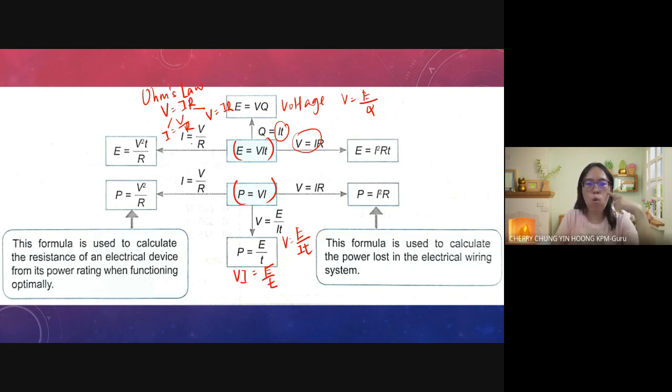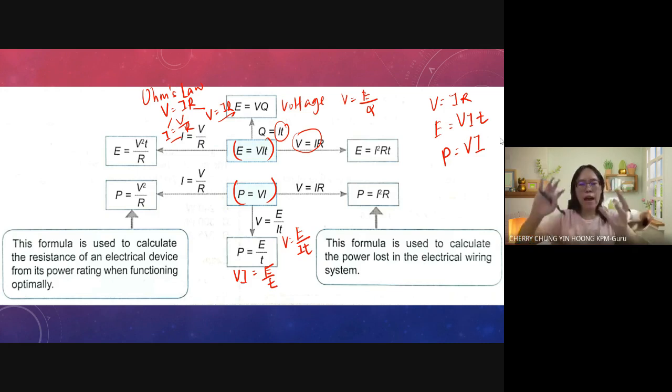Whereas if let's say power 的话，我们也是用这个两个 substitution。你要 express it in terms of V and R 的话，就是 P is equals to V square over R。你要 express it in I and R 的话，就是 P is equals to I square R。所以最重要在这一边，你要记得3个 formula。第一是 V is equals to IR，第二就是 E is equals to VIT，第三 Power is equals to VI。OK，Power is equals to VI。So then 你做那个 question 的时候，你就看他给你什么样的 value，then 你就做 certain 的 substitution，or certain 的 conversion to get your answer。